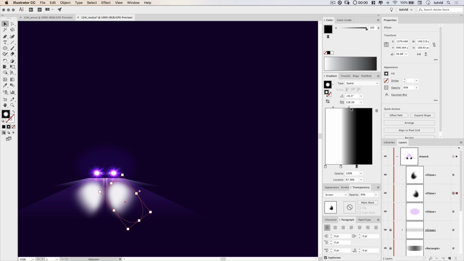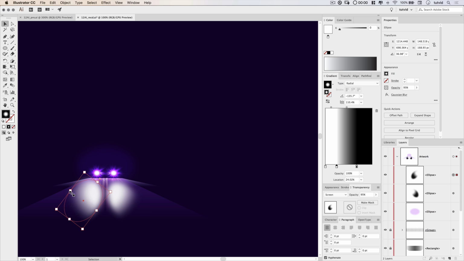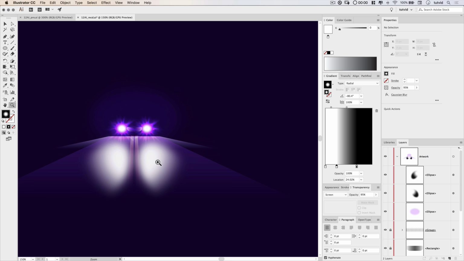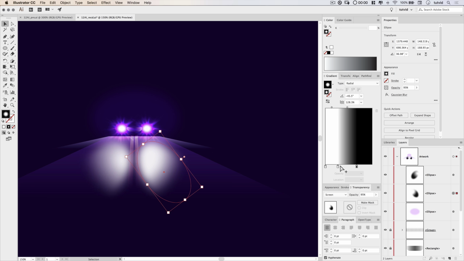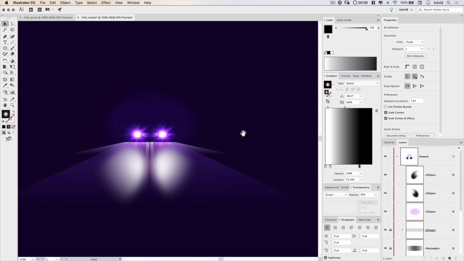And you can always come into here and tweak the gradient a little bit as well if you think, you know what, there's just too much white. It's too strong. It's just coming off not quite the way I want it to be. Or if you feel like it should be expanded outward a little bit, width-wise, you can do that. You can do anything you want here and just really tweak and adjust your headlight reflections to get them exactly how you want them to be. In fact, I'll select shapes one at a time here, and I'm just going to push the amount of white back a bit just to really rein that in a little. There we go, something kind of like that. And they don't have to be exactly the same even. You can see over here I'm making this reflection bigger and the one here on the right a little bit smaller, and that's completely fine.